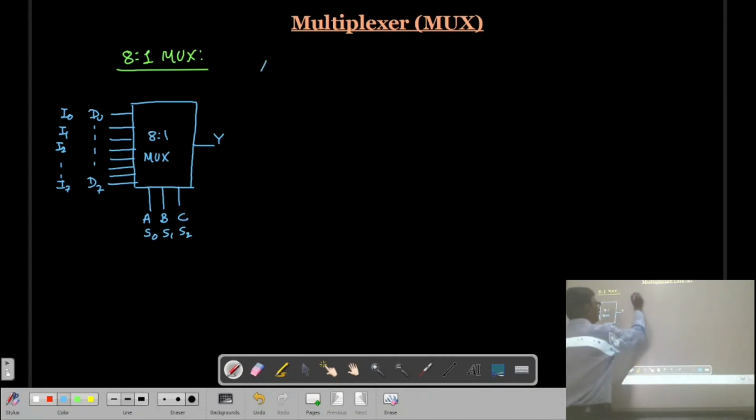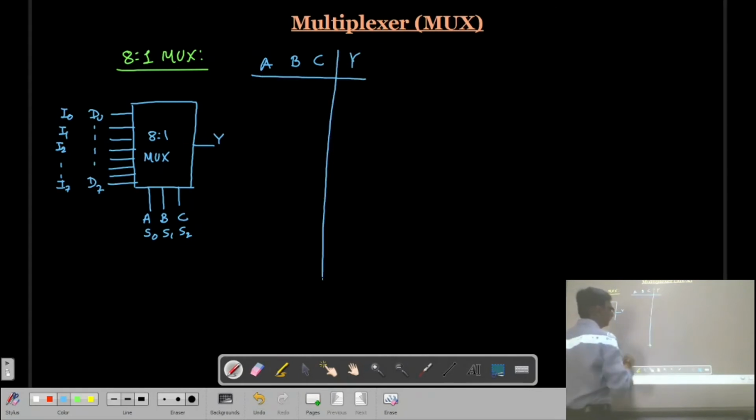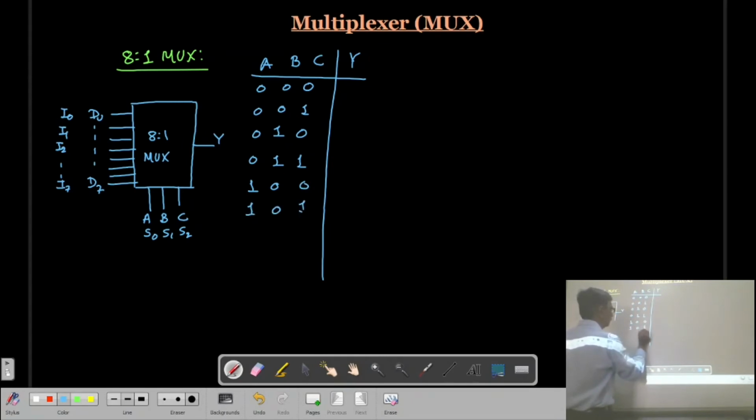Now again, if we see the truth table, then we have A, B, C, and what is Y? So we can write 0, 0, 0, 0, 0, 1, 0, 1, 0, 0, 1, 1, then we have 1, 0, 0, 1, 0, 1, and 1, 1, 0, and finally 1, 1, 1 is present.